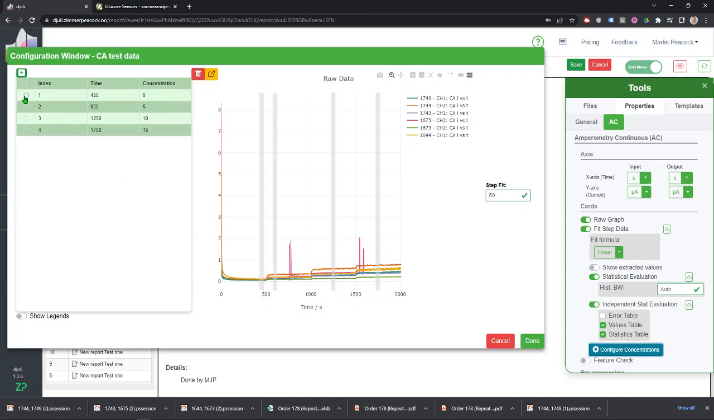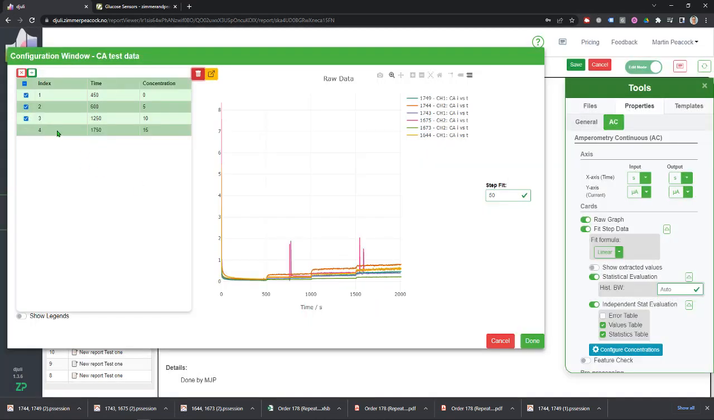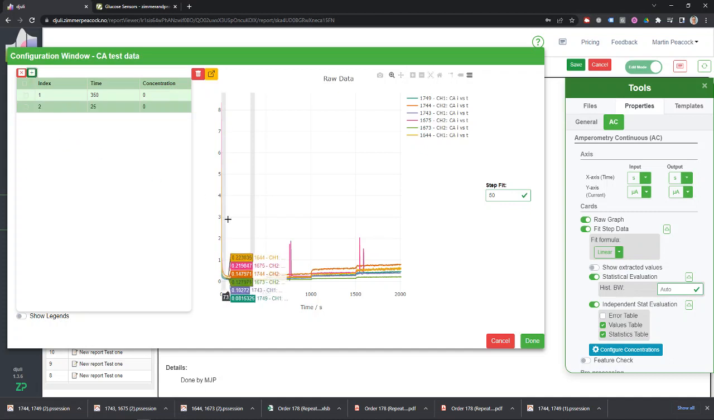So what I mean by that is I'll delete all of this. And now I'll add a 0 here. I'm going to say something like 350 seconds. The concentration was, in this case, 0. Then I'll add in, so what I'm doing is I'm telling the database what the concentration was at any certain time point in the experiment. And from there it can calculate